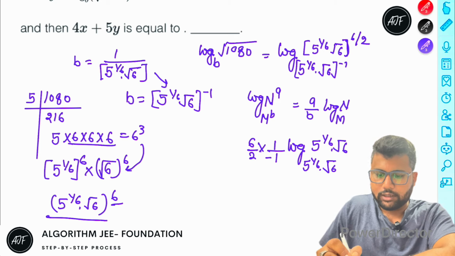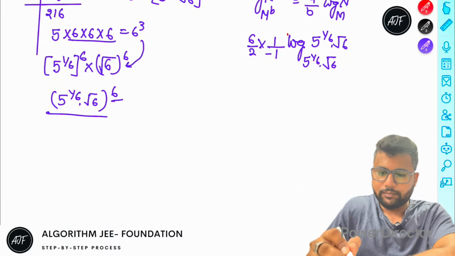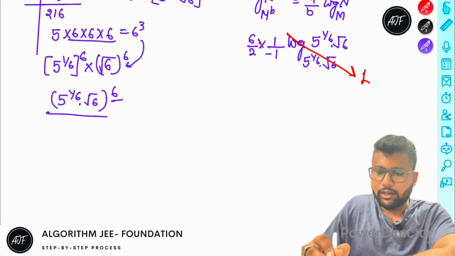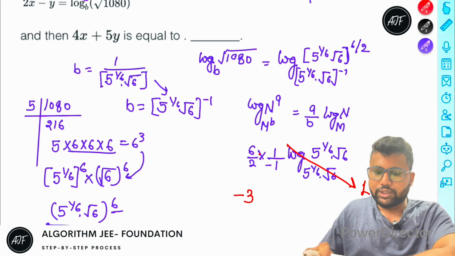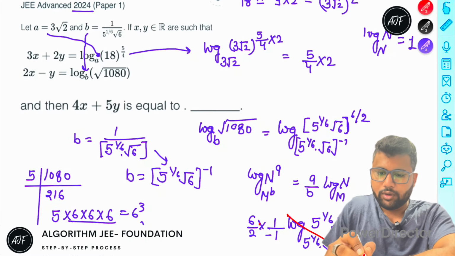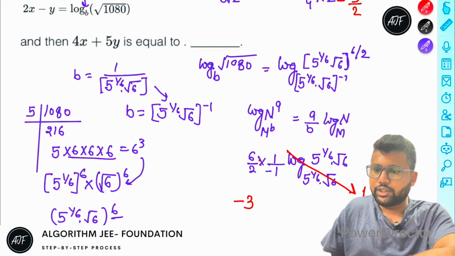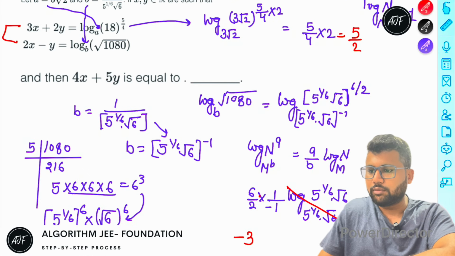So both are the same, so this one is directly 1. The remaining is 6 by 2, that is minus 3. So your final question is to convert, and this one is also in the first one is 5 by 2. So your question is to convert, after that, the two equations are